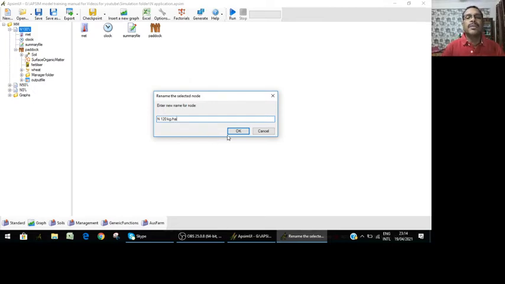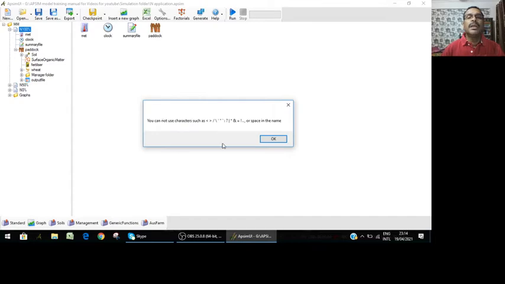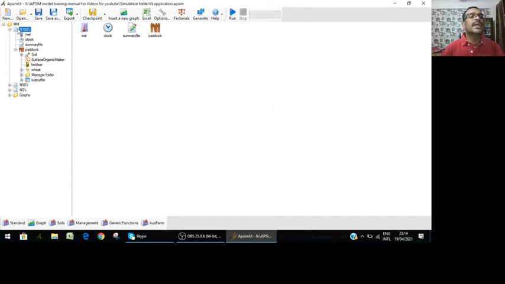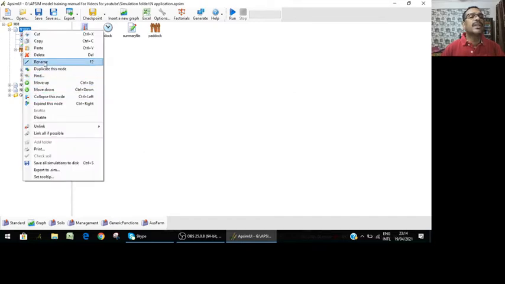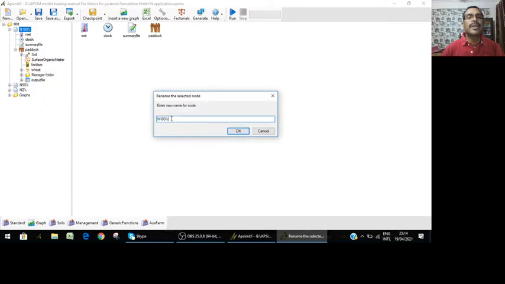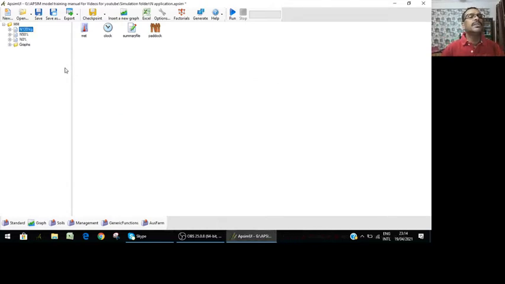We can rename it like this only because it doesn't take certain characters, so you can rename it like that. Nitrogen, suppose N 120 kg hectare, leave it like that.